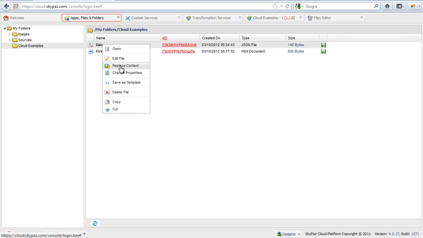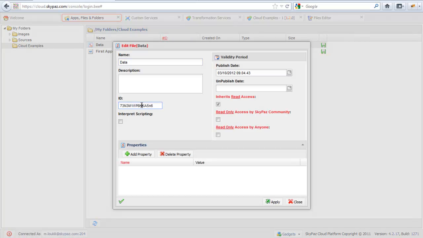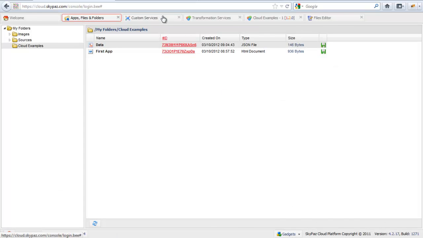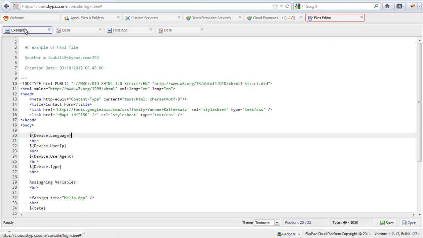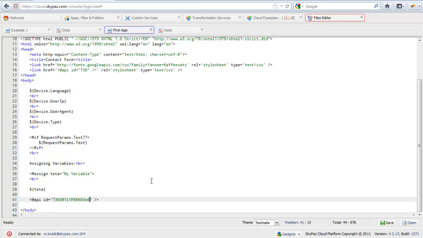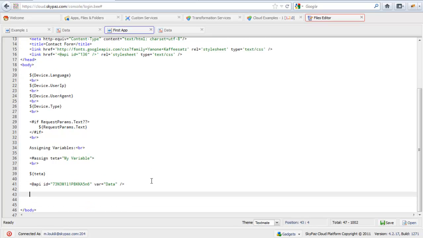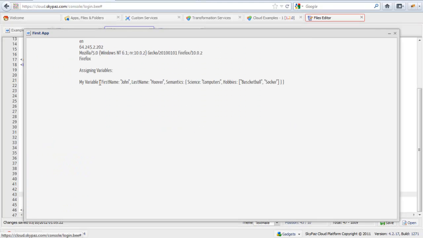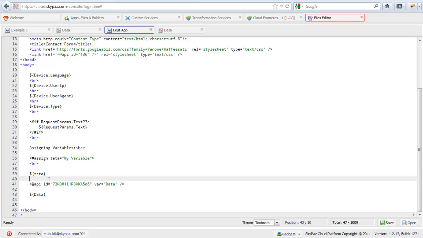here I have to get the ID of my file and go to my example, my first app, like this, and I will assign this to a variable, for example, data. So this will get the content of this file and store it in this variable data as a string. So I'll test it like this. Okay, so here is the content. I'll add a BR here,